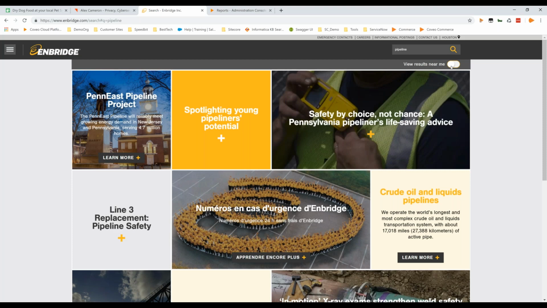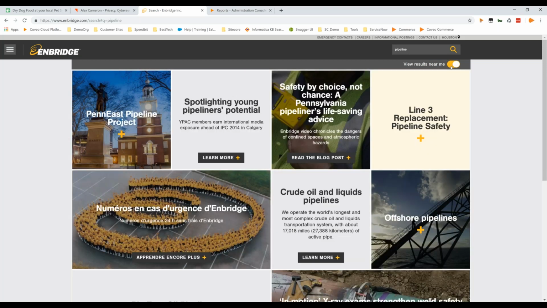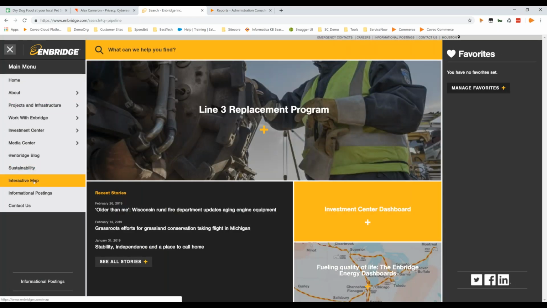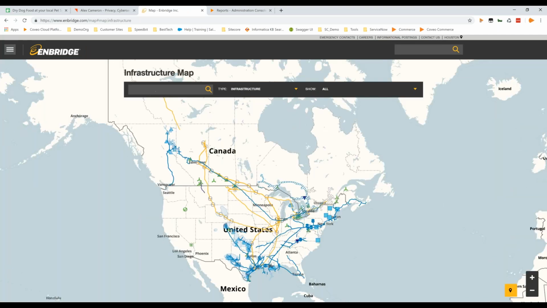So I can have a global search or select this box to say, show me all of the results that are close to me. So again, making that very personalized and being able to make that content relevant. As I go in, Enbridge also has a very unique search in terms of an interactive map, which it's using Coveo for. So in terms of the search, I can again type in the word pipeline,